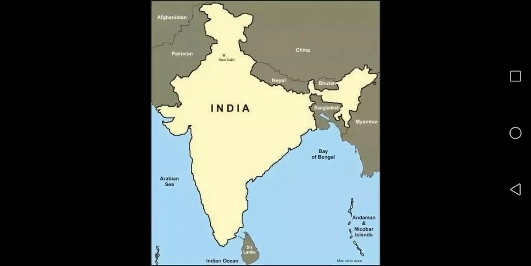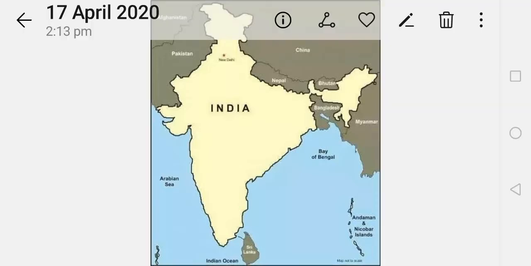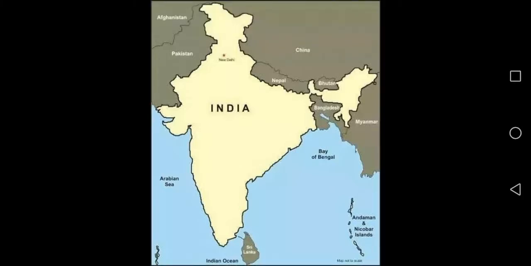In another map you see colors showing the landmass: yellow color, and blue color showing the sea. And this is the Arabian Sea. The Indian Ocean is divided into two parts, known as the Bay of Bengal toward the east, and the western side is occupied by the Arabian Sea. So blue color is showing water and yellow color is showing land.